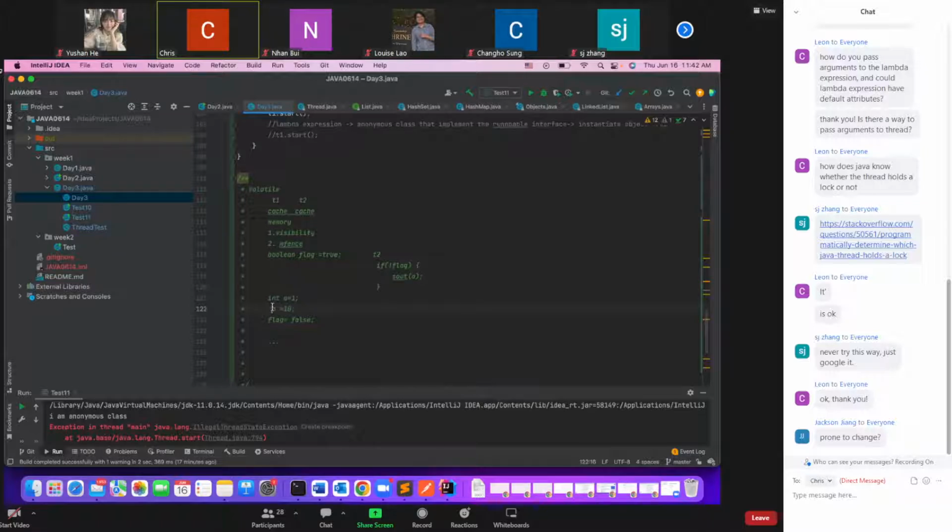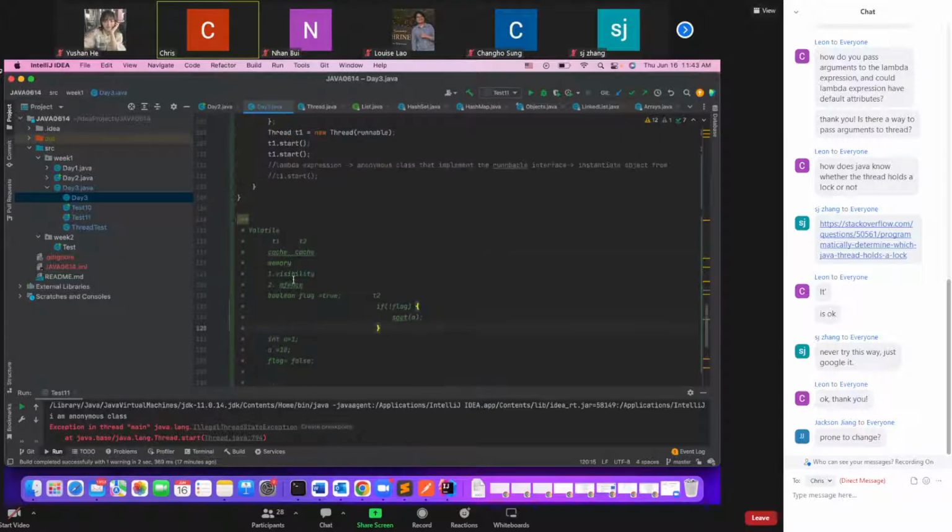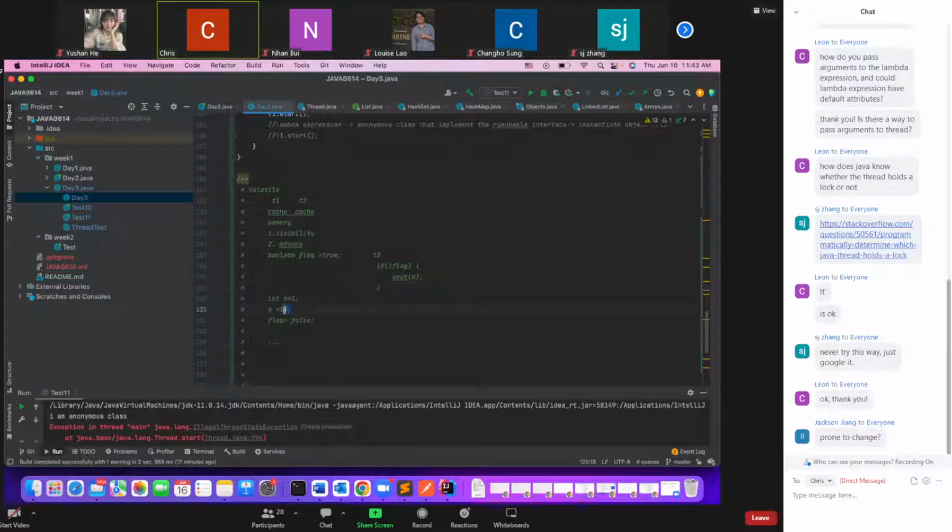This is called reordering, so the JVM optimizer might reorder your code. But I tried this example previously with a demo, and it did not give the result that I wanted. Maybe the optimizer is smarter than I think, so it will detect those behaviors and prevent those reorderings, but theoretically sometimes it will reorder your code and give the wrong result. But by using the volatile,